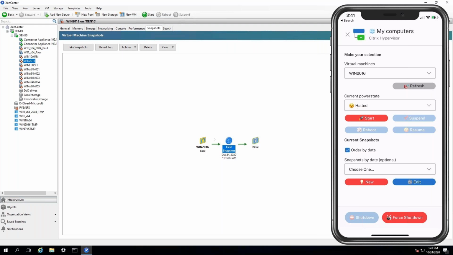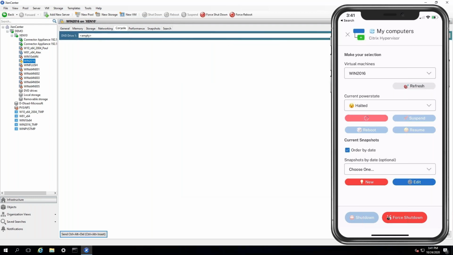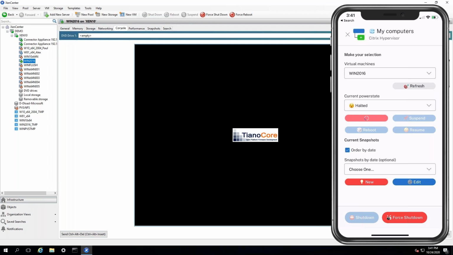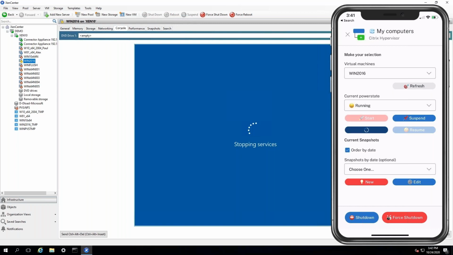So the bottom line is this. This is a cell phone. You can use a web browser, or you can do it through the Citrix Workspace app as well. You can manipulate the hypervisor, with access only to the virtual machines that I'm entitled to, my personal VDI instances. I can power them up and down, which is a big deal, but I can also take snapshots and revert them as well. I can also select whether I want snapshots with memory state, just the entire disk subsystem snapshot, or an individual disk snapshot.